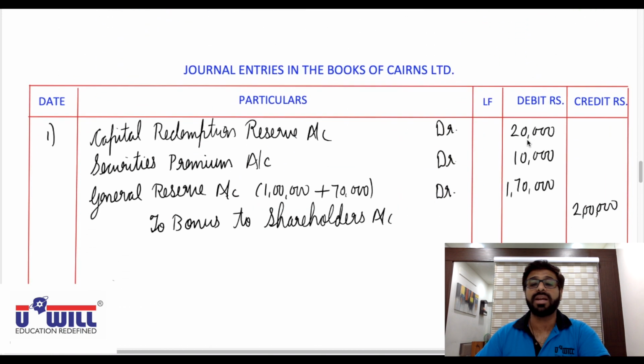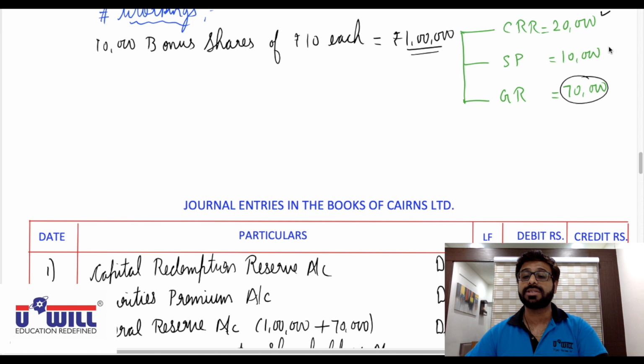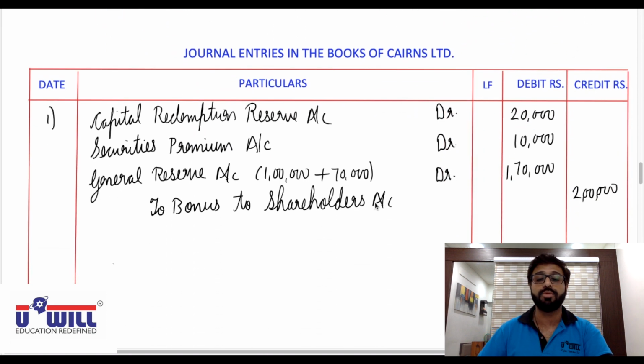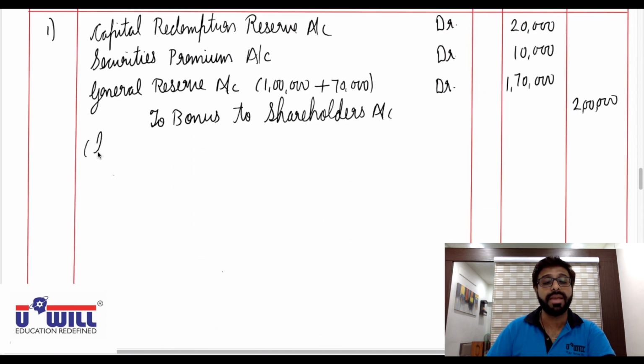So total amount taken from reserves is 2 lakh rupees for fully paid plus partly paid bonus shares. Okay, the first entry we can combine. Capital redemption reserve 20,000, securities premium 10,000 and general reserve 70,000 plus 1 lakh, 1 lakh 70,000 to bonus to shareholders. Being